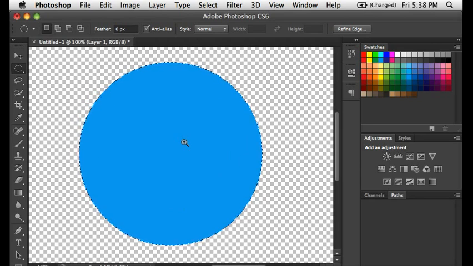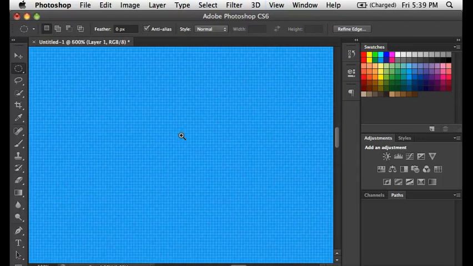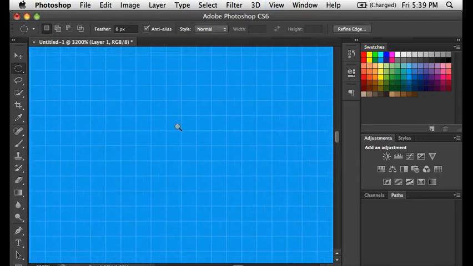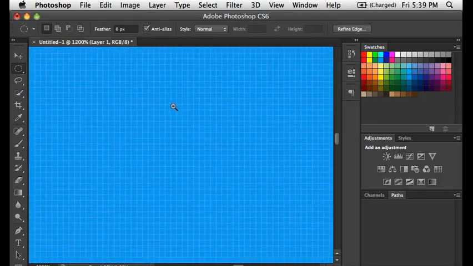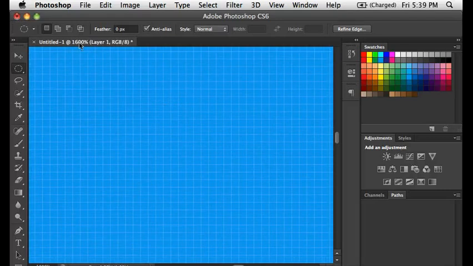And if I zoom in, and I'm using the hotkey right now, there's two different hotkeys you could use. I'm using spacebar plus the command key, or I could use command plus sign. And either way, I'm just going to keep zooming in. With command plus, my document just zooms in on its own. With spacebar command, I then have to click. And if I wanted to, I could add the option key to zoom out and let go of that to zoom in. You can see here at 1600%, I can actually see the pixels that comprise my bitmap